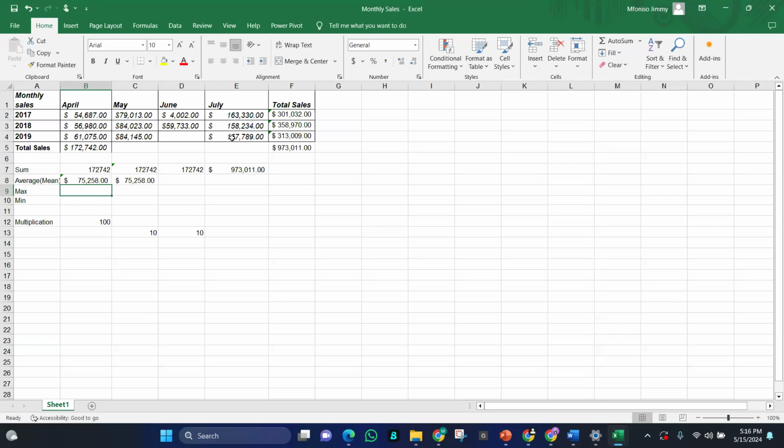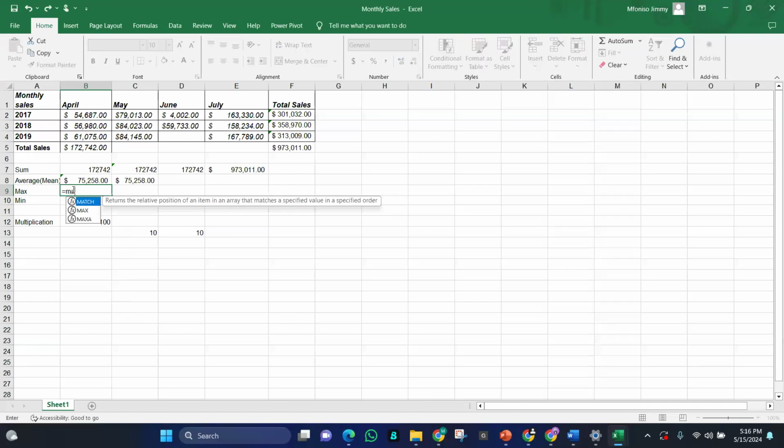And then let's say we are looking for the month, or year, or anywhere that had the highest number of sales. So in that case, we bring in the max function. And like I said, whatever calculation you're writing always starts with your equal sign. So start with max, you choose your range. I want to check for the maximum amount of sales between April 2017 down to July 2019. So that's my range. I then select it. Have you seen?